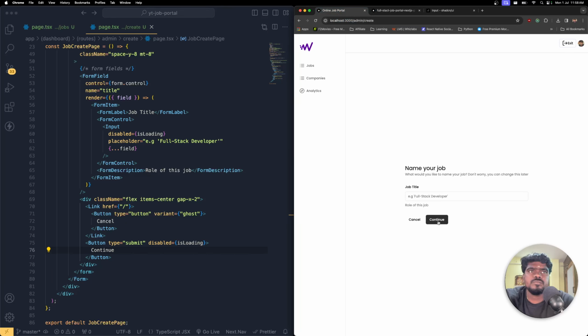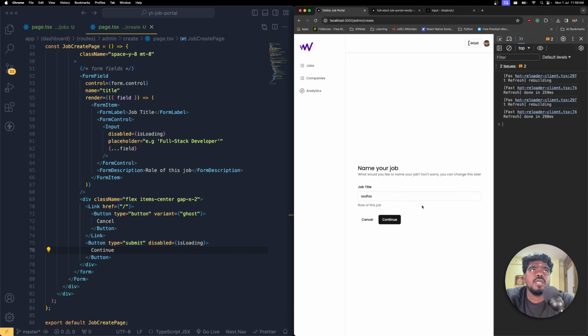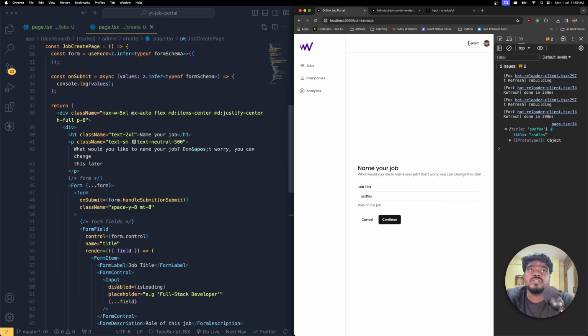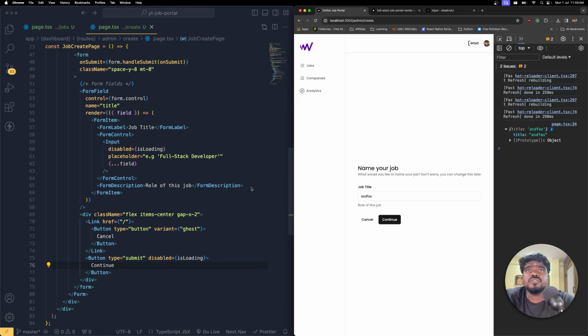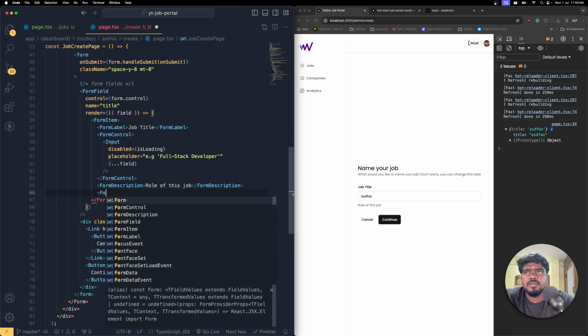All right. Okay, so now if you click this, you can see it's highlighting the job title, something like that. The reason is because we don't have anything over here. Now if I type something, and get back over here and inspect the elements and click the console option, and now if I click continue, you should be able to see the values being printed over here. So if you wish to display the form error message, FormError or something,